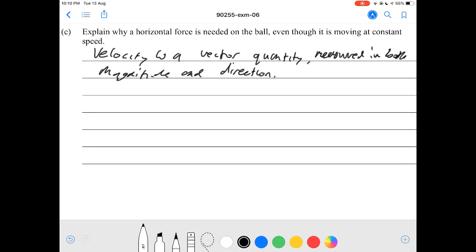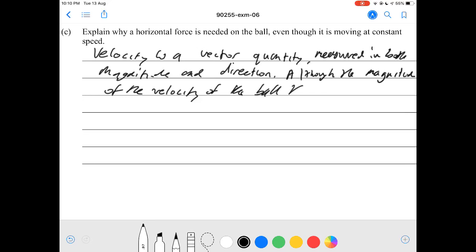Although the magnitude of the velocity of the ball is the same, so it's constant,